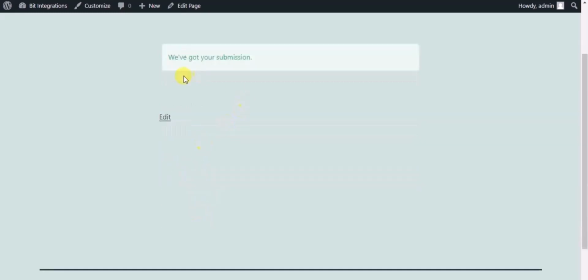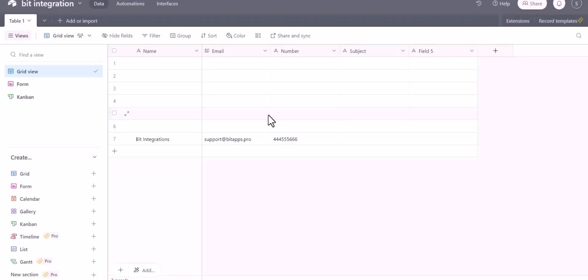Form submitted successfully. Now go to the Airtable site and here you can see the data came successfully in Airtable via